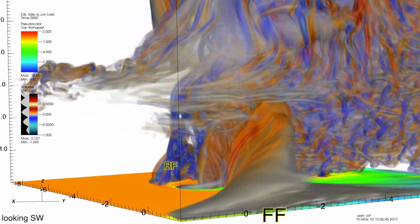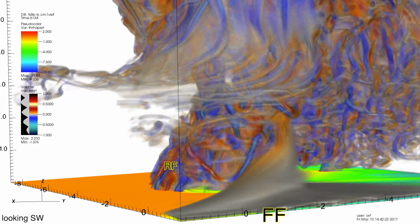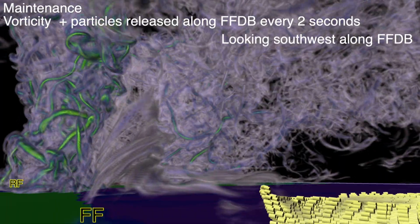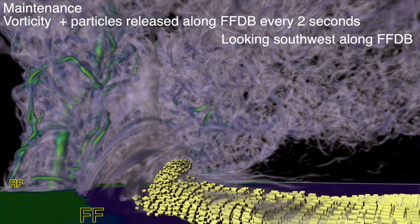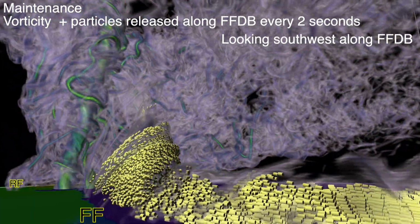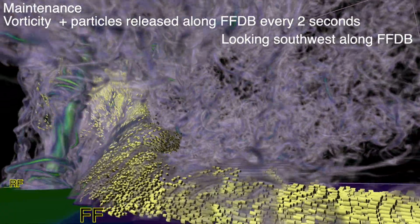So, I mean, the nice thing about the simulation as well is it just goes on and on and on and on. So we've got plenty of times to study here. This is another one of my favorite animations I've made that shows the streamwise vorticity current and shows that this air is indeed kind of rotating and going along. Its rotation and velocity are along the same axis, so it's what we call helical flow, sort of like a barber